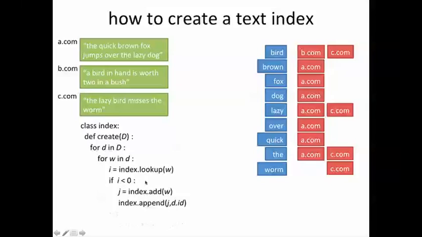Going back, there's an else part, of course. If we did find W in the first place, we would simply append the ID at that position i without having to add a fresh entry into the index. So that's simple. So this program, if we're able to write all these functions, lookup, add, append, then we can essentially go through this list of documents where each document is a list of words and create this index structure